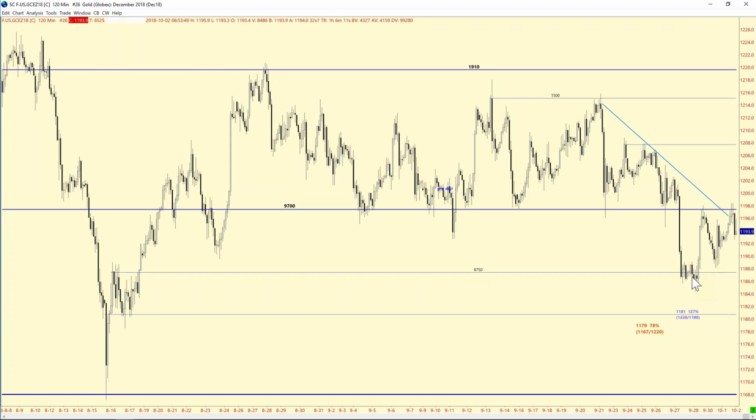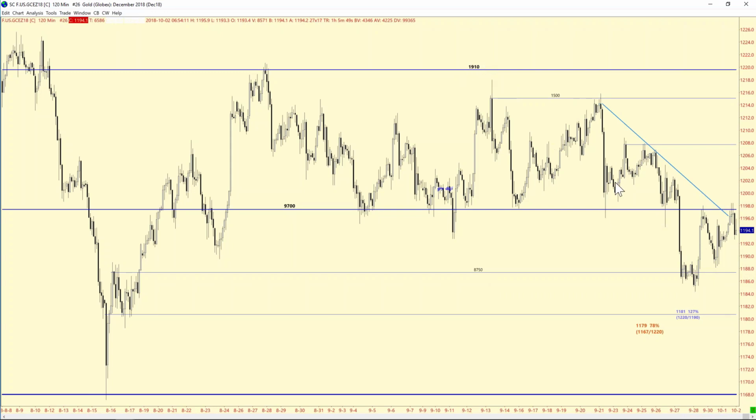Meaning we try to come down, we don't see enough follow through to 1179. We rally up, we put the car in drive, and we just spin our tires and slide all the way back down $9. We run it back up here, put the car back in drive again, and we start to slide right back down. So the market is just kind of in a mixed bag right here. I don't think there's a lot of participation. For people to get interested in gold again, it would need a daily close above 1219.